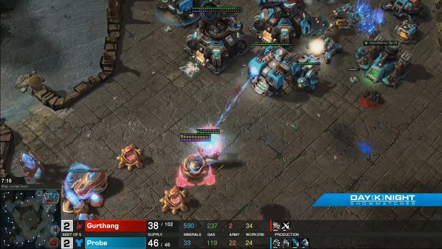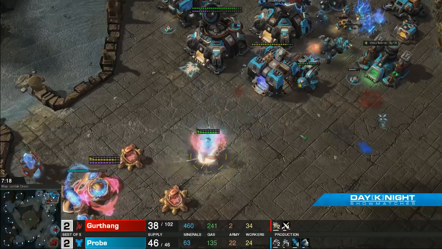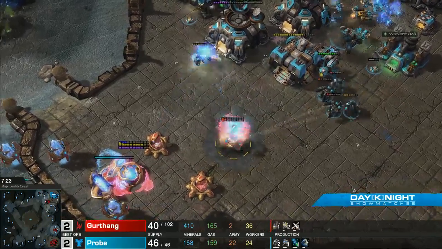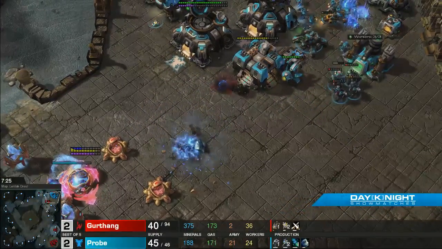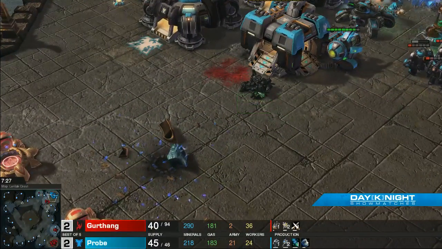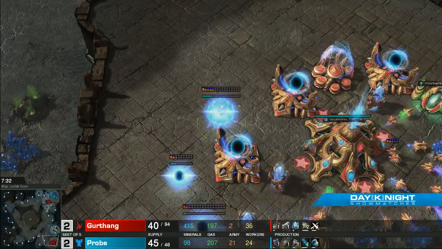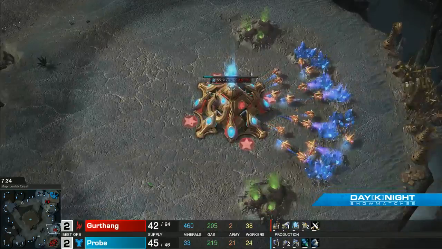Forward pylon getting some photon overcharge action down, but this tank's gonna clean it all up. Oh my goodness. Oh, Gurthang, get the tech. Yes, the Twilight Council going down in the main for Gurthang. He's going to continue to try and lock down Probe as long as he can, but now that we're rapidly